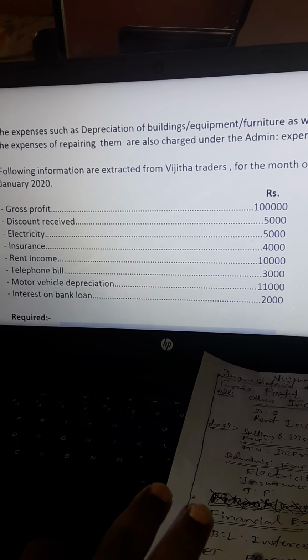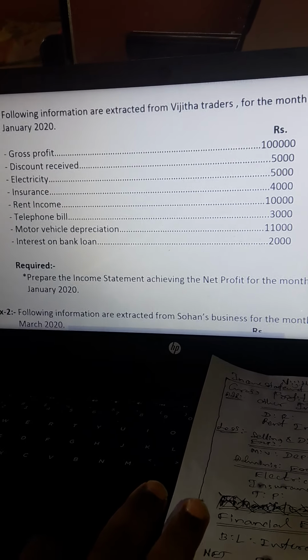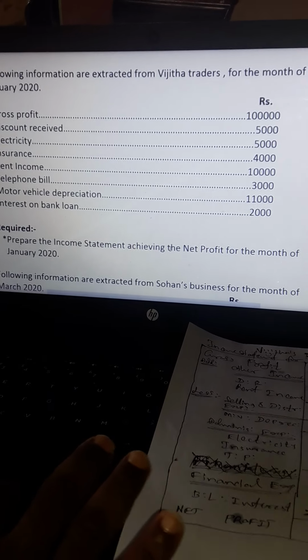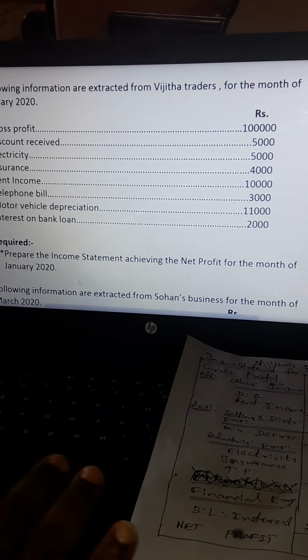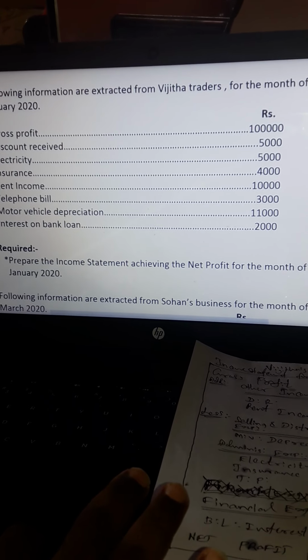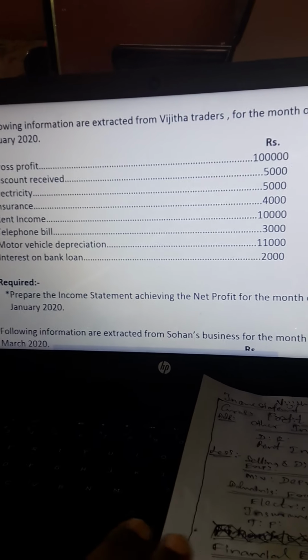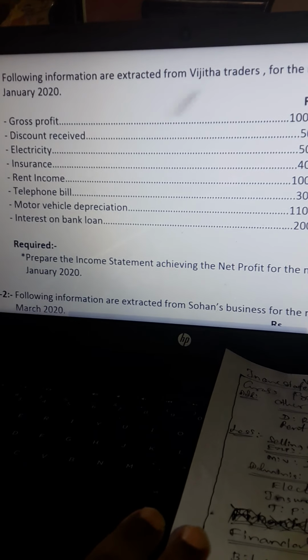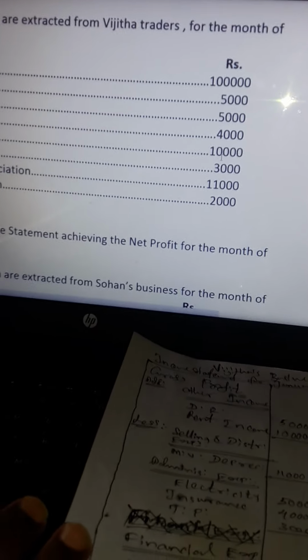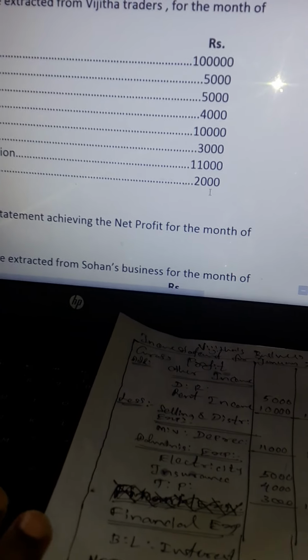So according to the information, we have been asked to prepare the income statement, achieving the net profit for the month of January 2020. When we are preparing the income statement, we have to plan the space for it. So how many items are there? 1, 2, 3, 4, 5, 6, 7, 8. There are 8 items, and